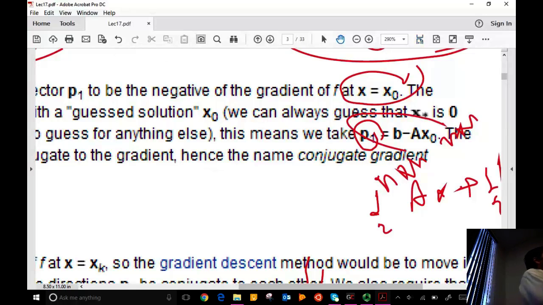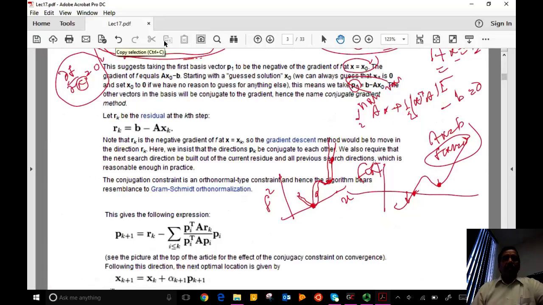What does it involve? It simply involves b and one matrix-vector multiplication, A times x0. x0 is my initial guess. So this is an easy operation. Not inverse, not decomposition, etc. Just a matrix multiplication and subtraction. That gives you p1. Okay? So that gives you the initial direction in which the residual vector is pointing. Okay? And then what we are going to do is we are going to,